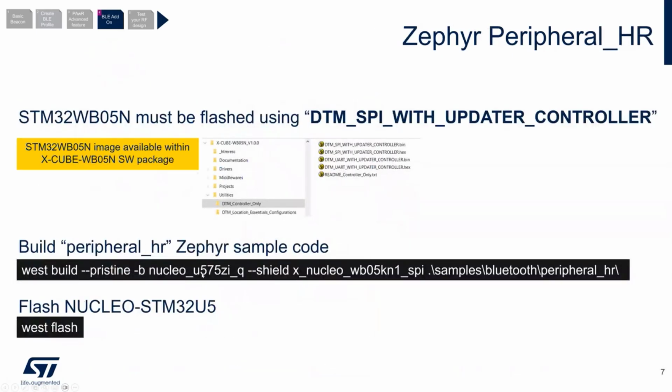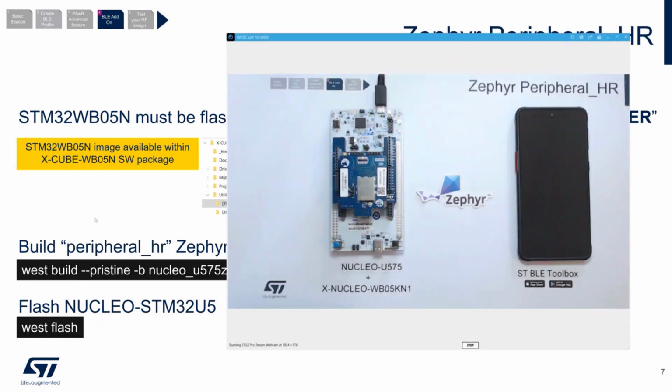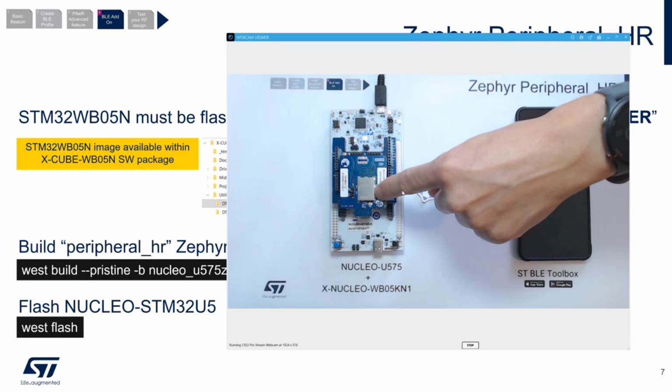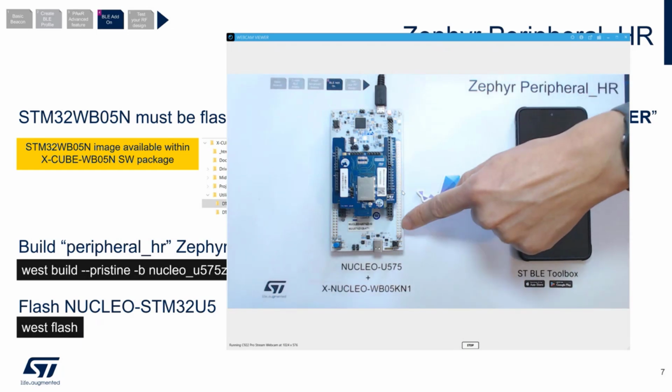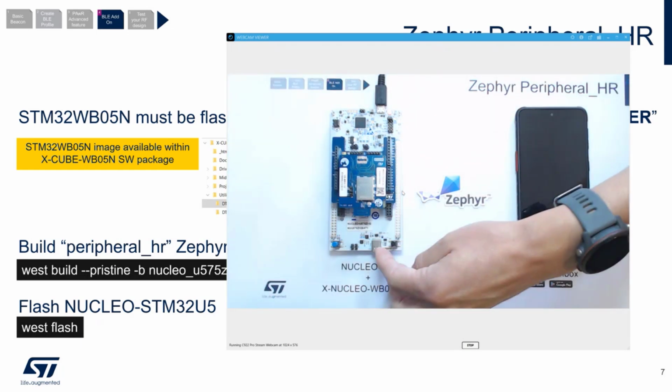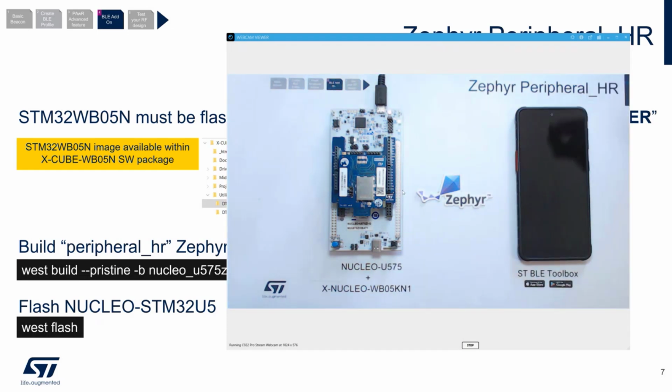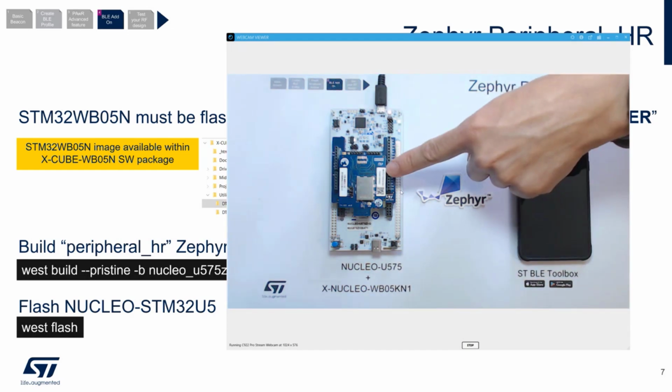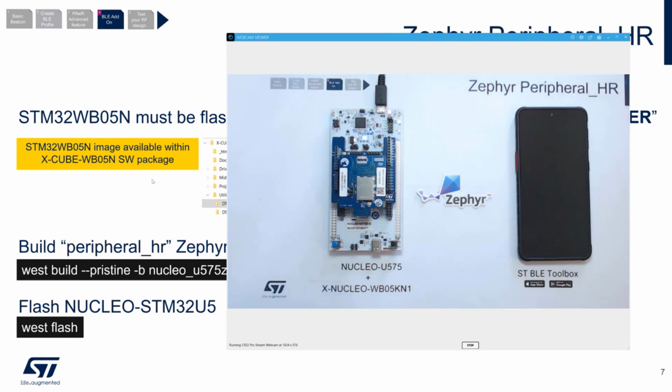First, I need to prepare my WB05N. On my desk, I have a Nucleo U5 board on which I plug this WB05N expansion board, so I plug it into the Arduino connectors.